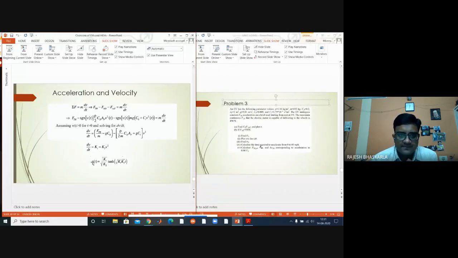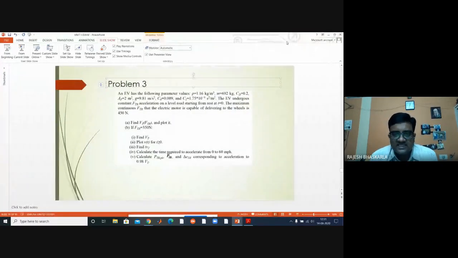Is that clear to everyone? You must remember that. Now from this expression, by simply substituting K1, K2, you can get the value of V. If you substitute the time value, then you'll get it. If you don't substitute the time value, then you will get the actual expression, V of t.